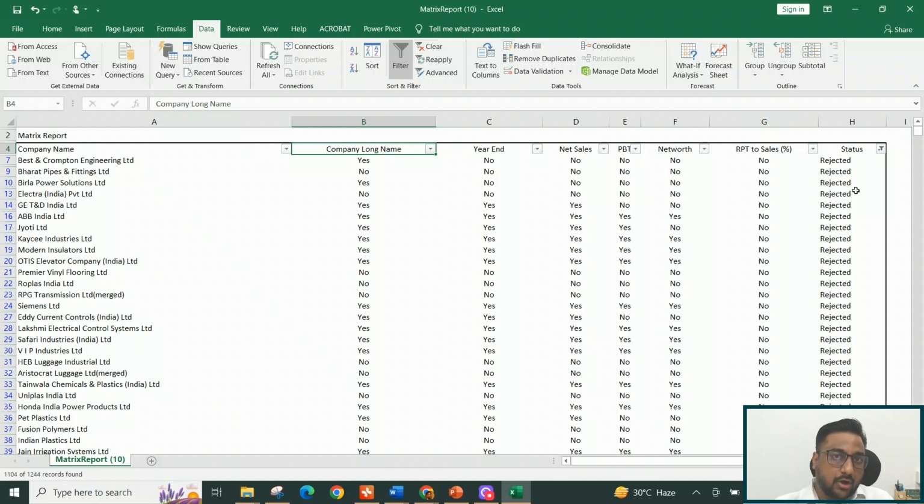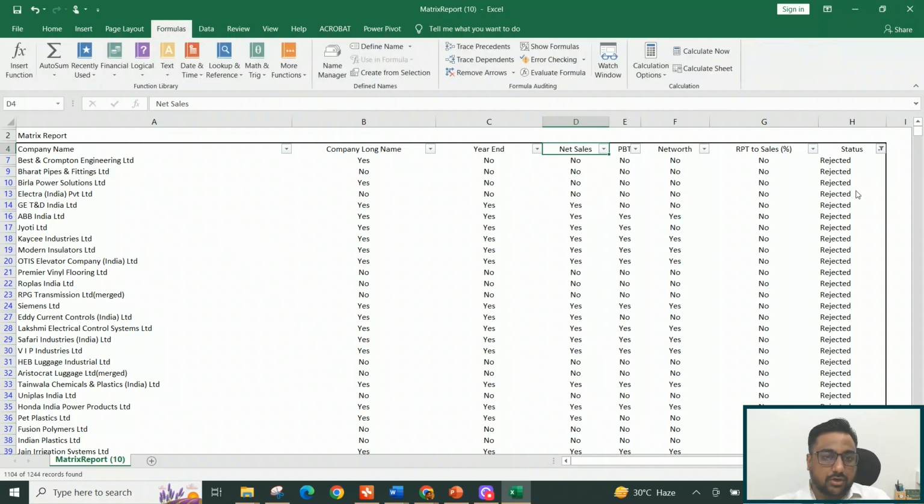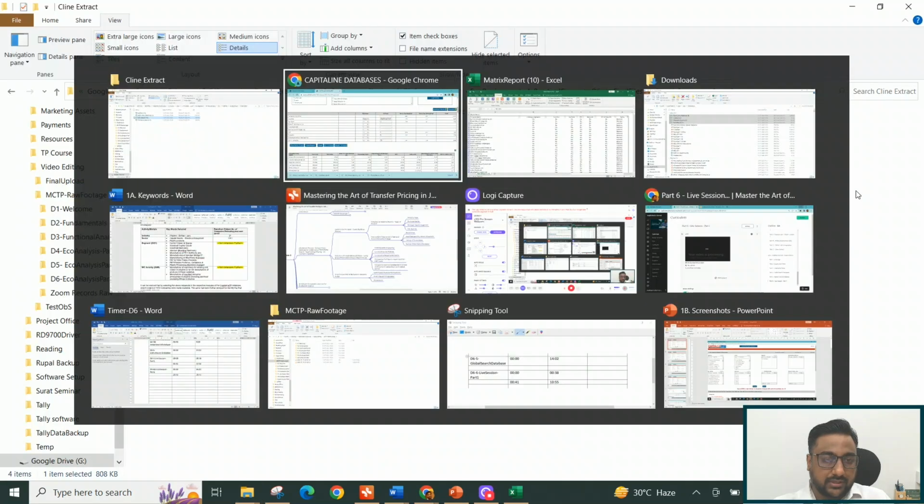Company long name, as I said, there are companies which don't have appropriate economic or financial data. So they will be rejected on this first part. And then after year end, there is no financial data for that particular year, so that is where they are rejected. Then there are sales criteria. On sales which are less than 1 crore, they might have been rejected. If you see in every column, there will be yes or no, right? In every column, you can see that option of yes, no,